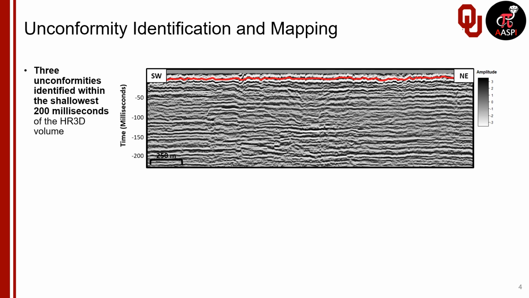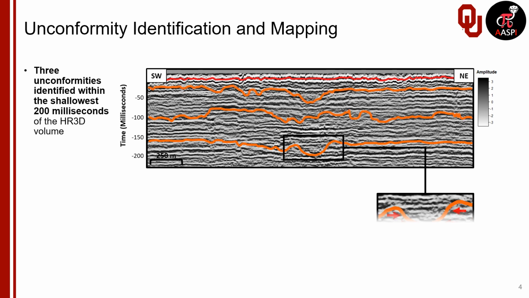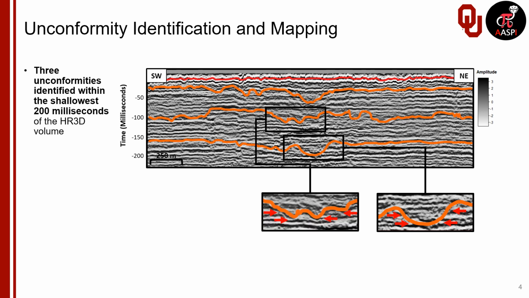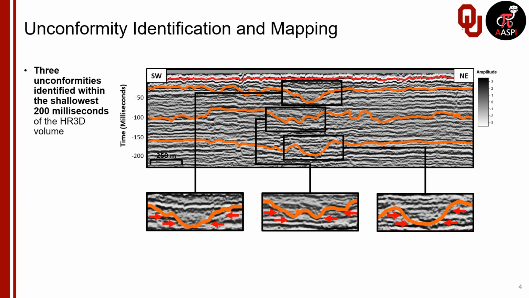One of the things that Jake did is he spent a lot of time mapping out these three unconformities that we'll be focusing on. You can see them mapped here. He identified them using traditional seismic stratigraphy methods, looking at the seismic facies where there's truncations, where you can see erosional features in all three of them. And so these are the ones that, for the next couple minutes, we're calling the upper unconformity, the middle unconformity,